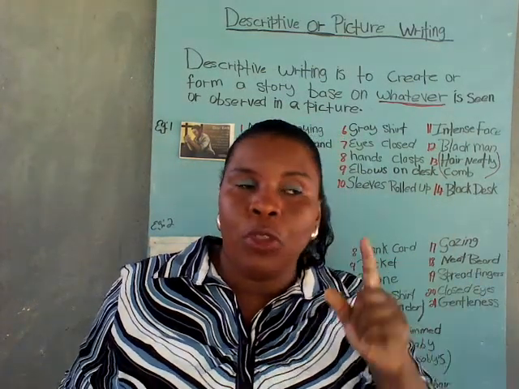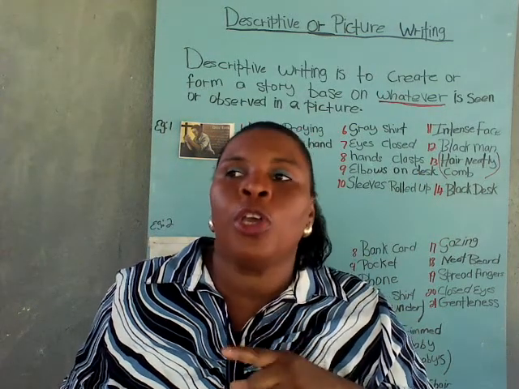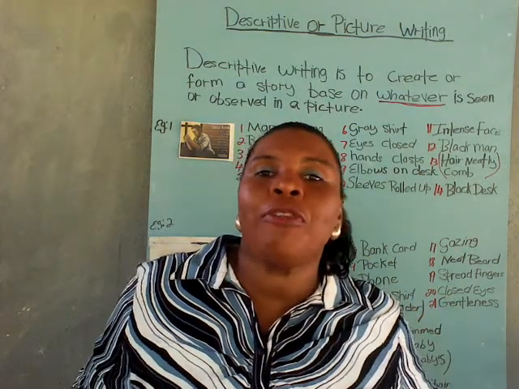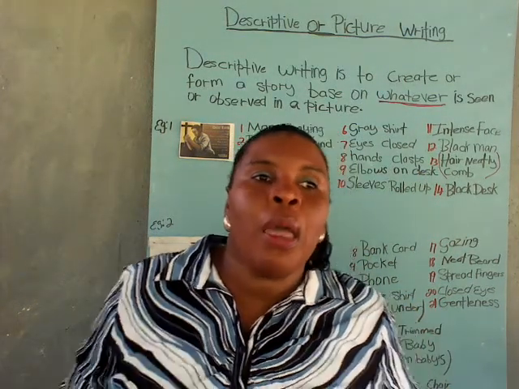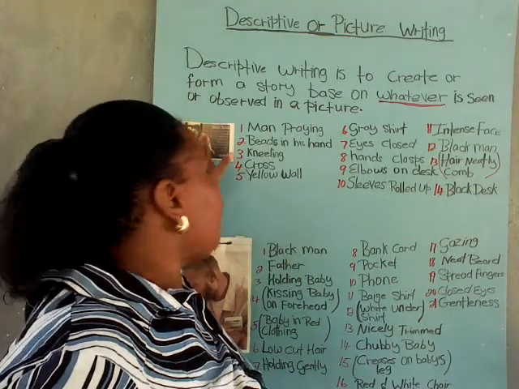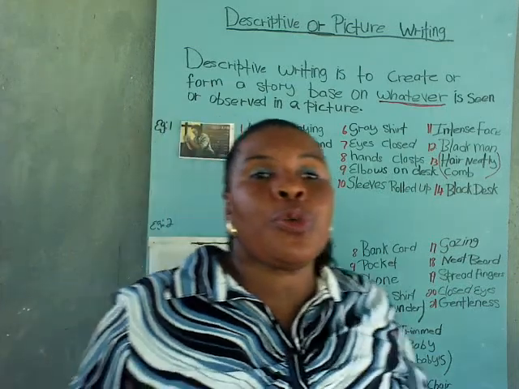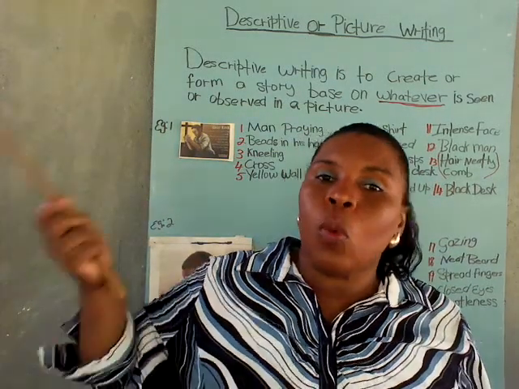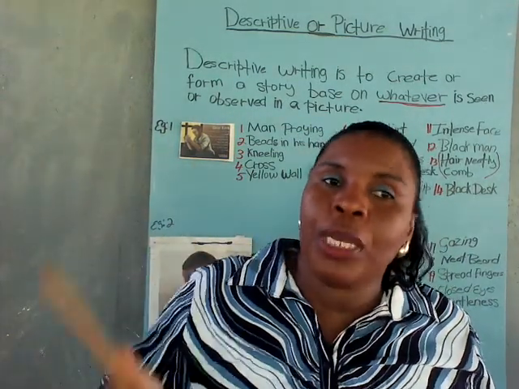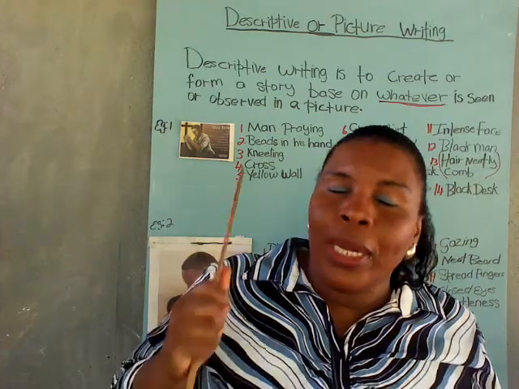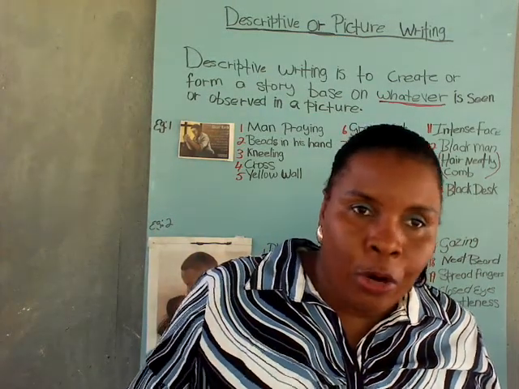So even though it's one person in the picture, you can add a wife, a child, a sister, or something, but you're going to add this as the main character in your picture. All right, so you're going to create a story based on what you've seen in the picture in your exam, whenever you go into your exam room. All right,